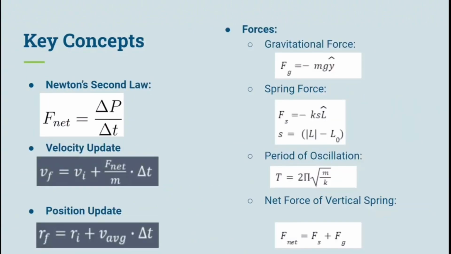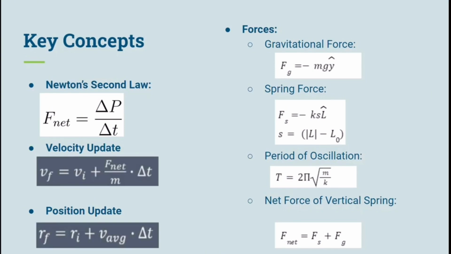To begin with, Newton's second law describes the net force as change in momentum over change in time. From this, the velocity and position update formulas can be derived. In addition, the total net force acting on the mass spring system is needed. The first interaction is the gravitational force, which is the negative of mass times the gravity constant in the y direction. Next, the spring force is the negative of the spring stiffness times the spring stretch or compression times the